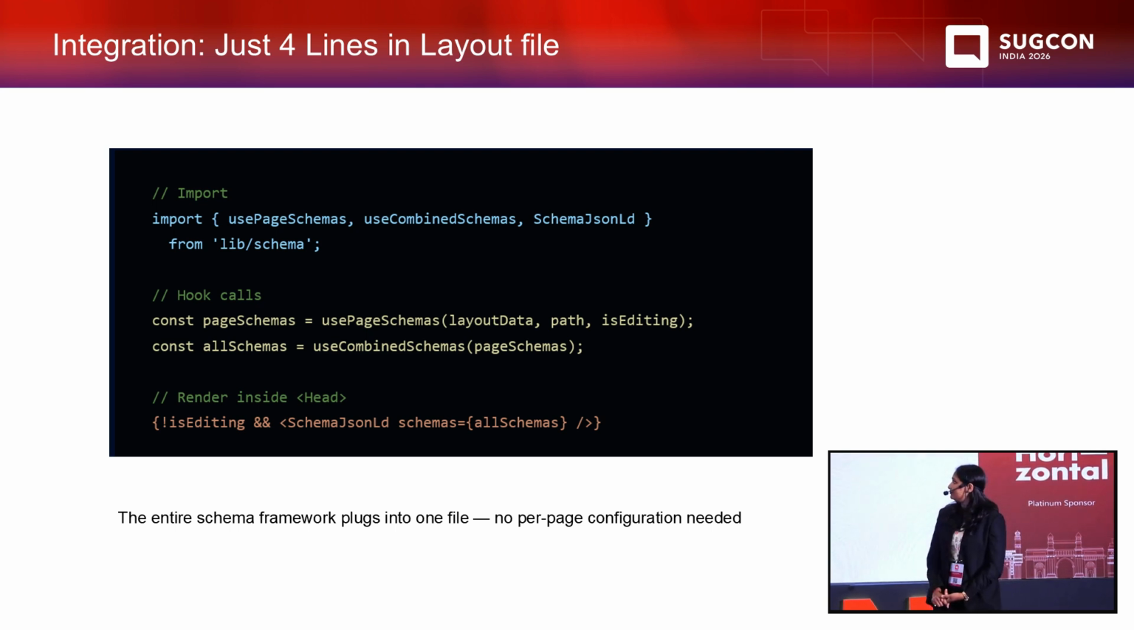Next slide, the integration on the front-end side. So this is the best part, where people are surprised. You can integrate the whole schema framework in your Next.js application with only 4 lines in your layout service JSX. First you need to import the context utility and the component. Then you have to call 2 hooks. First, use page schema. So basically it will take layout data path and is editing,